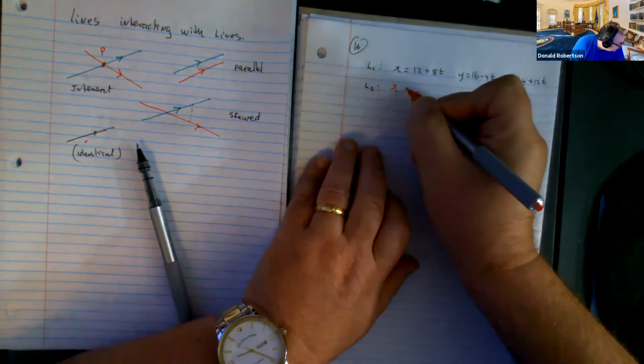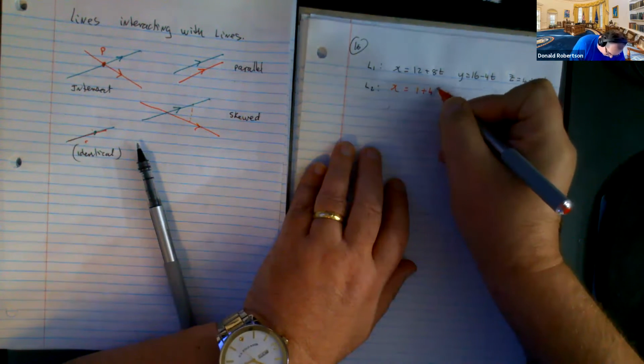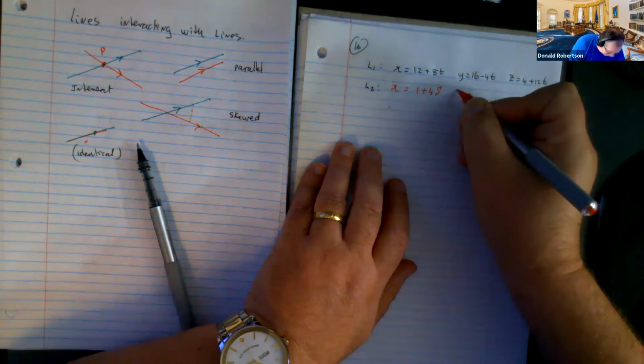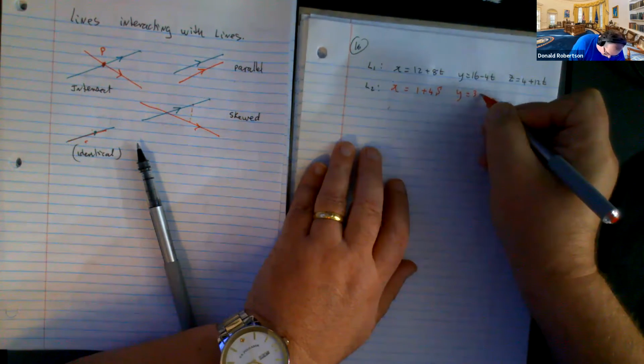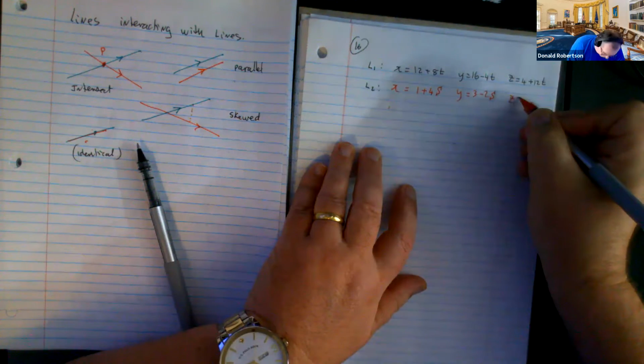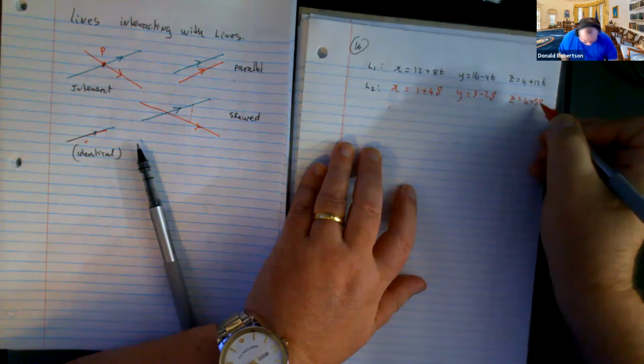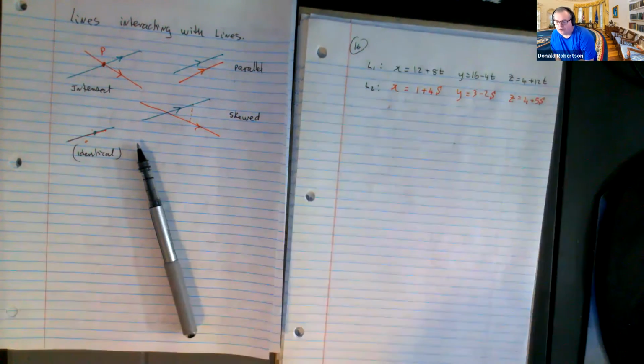And then the second line, oh, let's do a different color. X is going to be 1 plus 4s. And y is going to be 3 take away 2s. And lastly, z is going to be 4 plus 5s. I put little things on my s's because they look awfully like 5s if I don't put little funny things